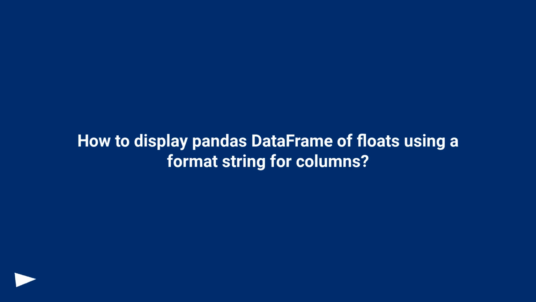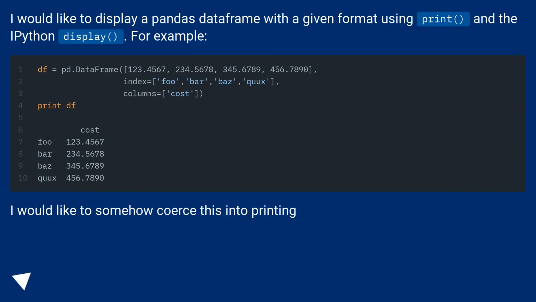How to display a pandas data frame of floats using a format string for columns. I would like to display a pandas data frame with a given format using print and the IPython display. For example,